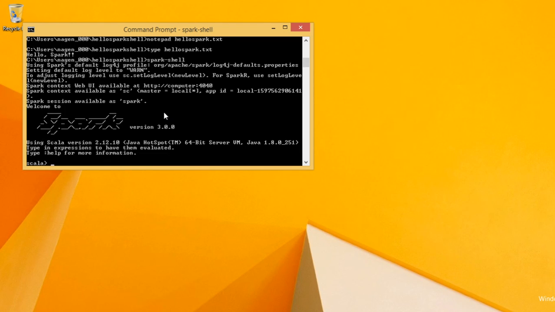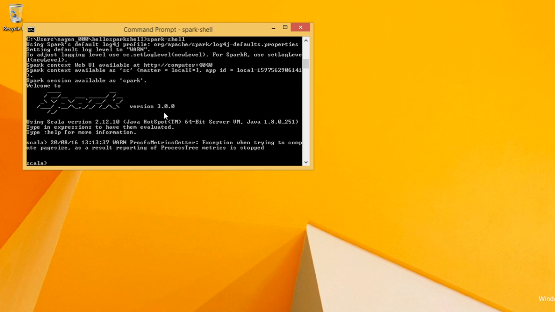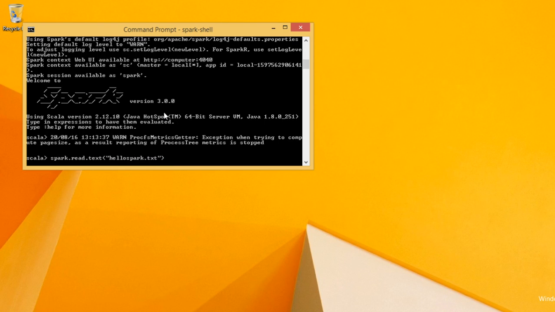And now the Spark session is available. Let me do something like spark.read.text. We wrote a text file, hello spark.txt. Let's see what happens.